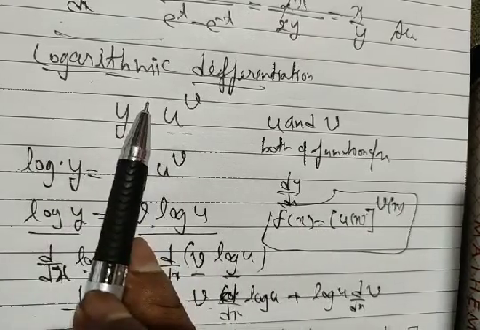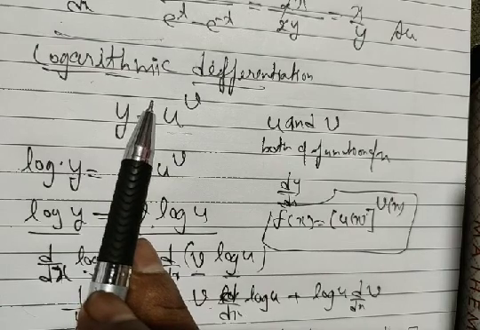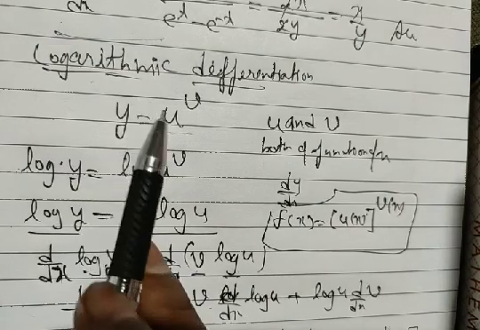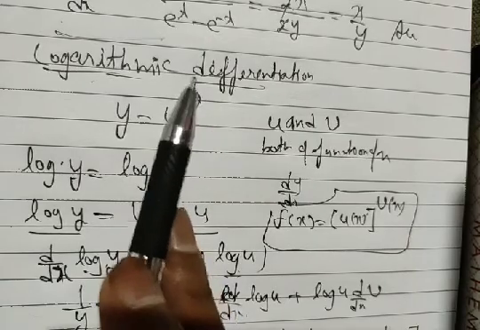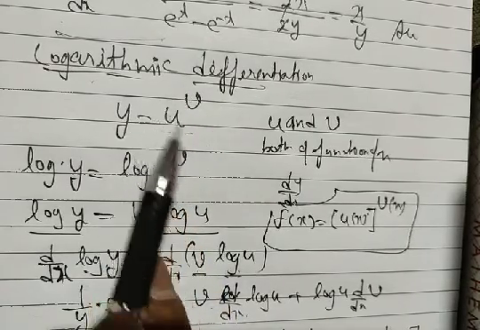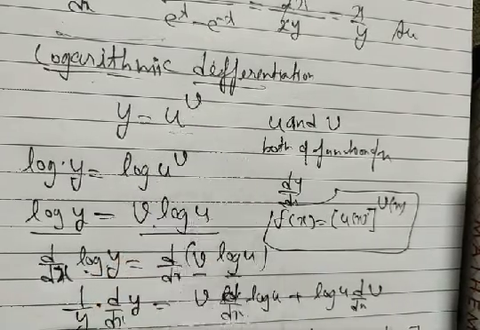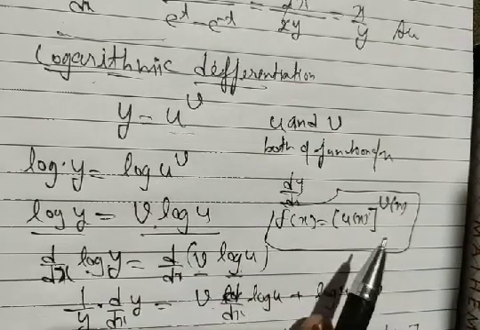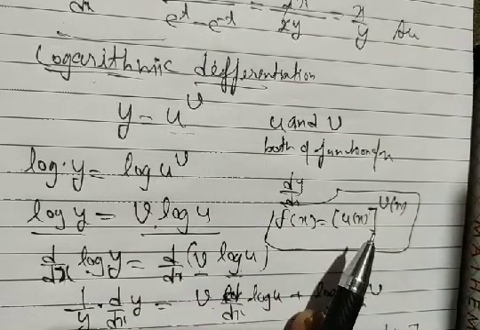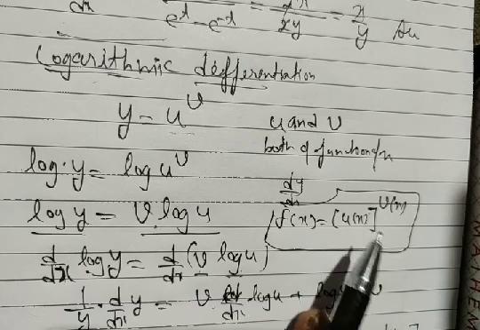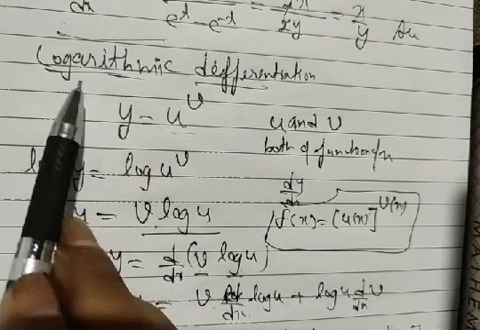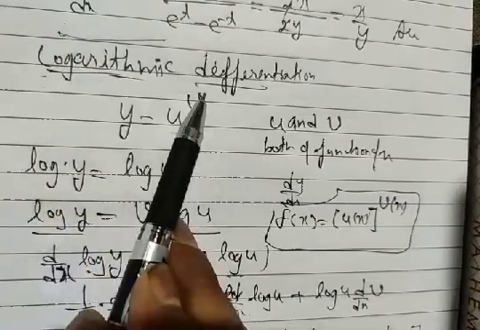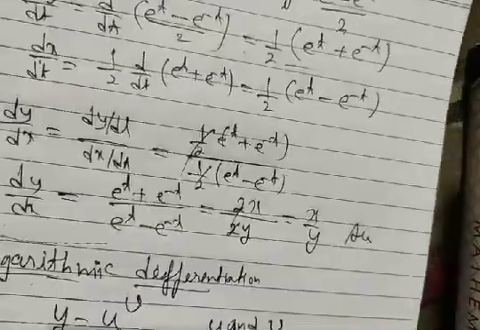Or just suppose we have to find the derivative of a function y given by (x plus 1) whole squared into (x plus 2) whole cubed into (x plus 3) into (x plus 4). Whenever we have a function like that, a product or quotient of two or more functions, we use logarithmic differentiation. Now we are going to explain with an example.